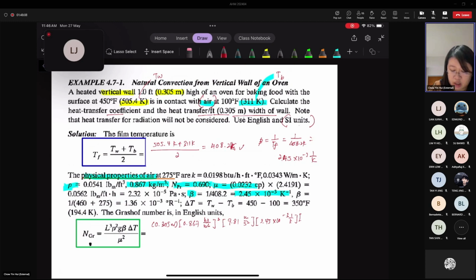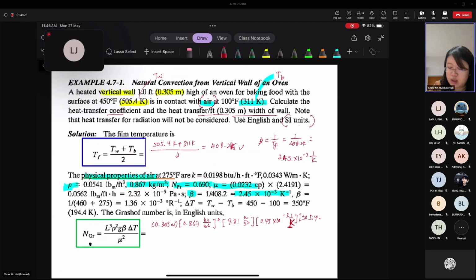It has to be in Kelvin because your beta, the volumetric coefficient of expansion, is in Kelvin. So when you calculate the temperature difference, it has to be in Kelvin as well. So it would be